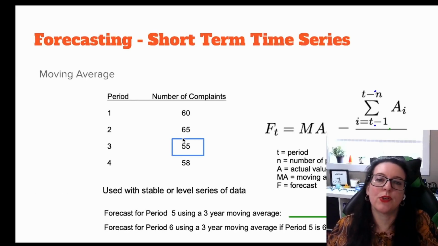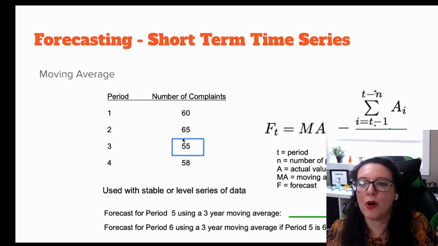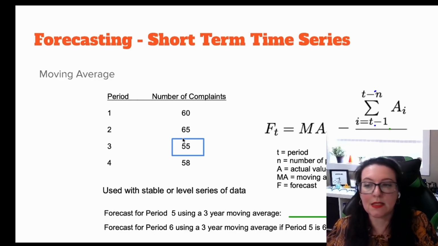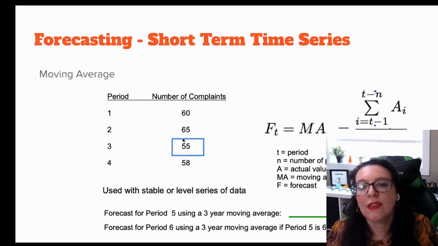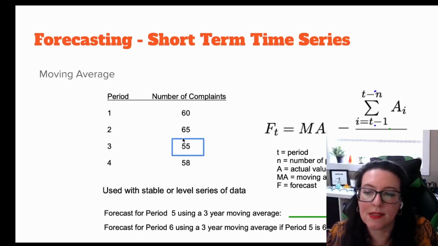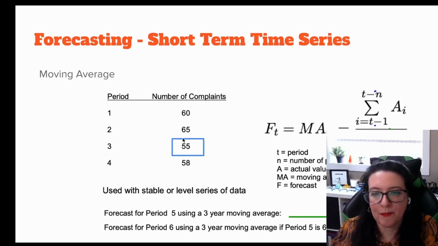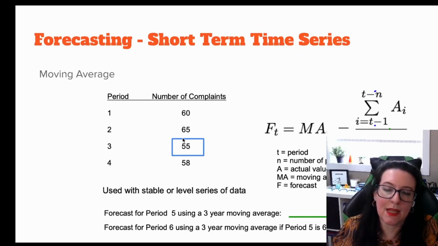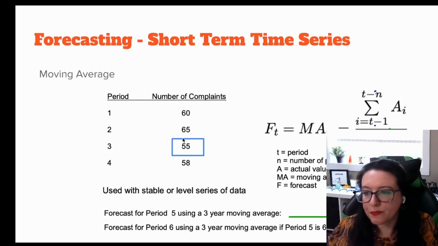So let's start with short-term forecasting. So I want to forecast the number of complaints. I'm using a moving average. That moving average adds up, let's say, the previous 3 periods, and then uses that to calculate the next period. So what if we are missing period number 3 and 55? What should we do? Well,